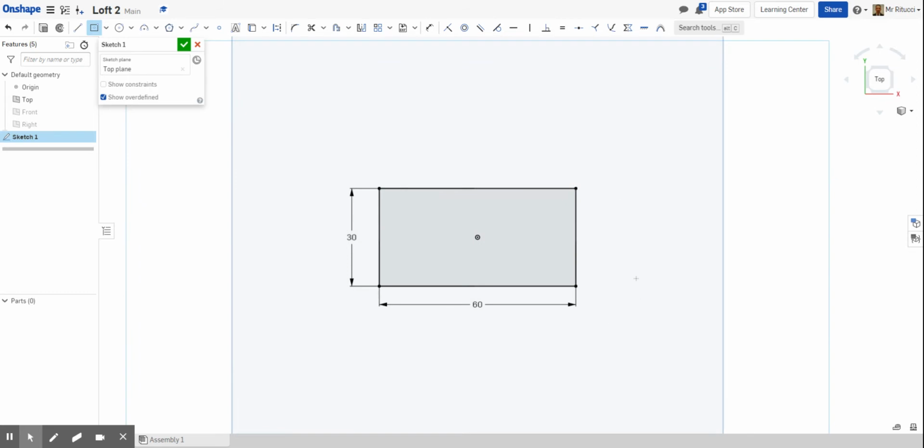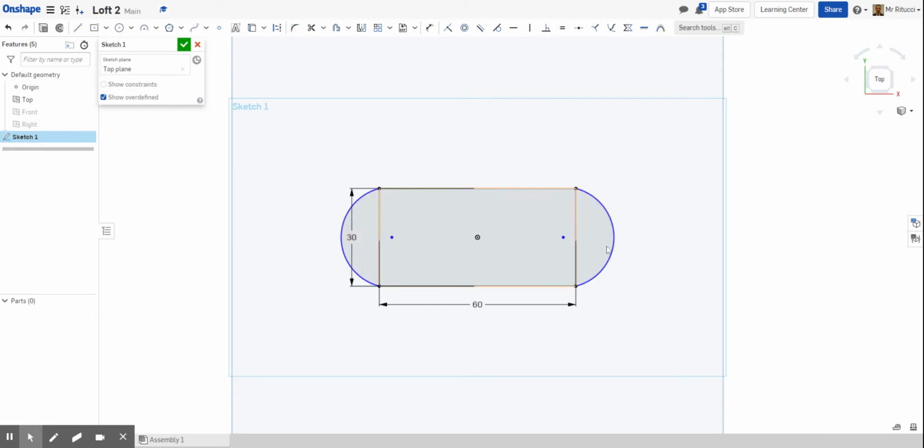I'm going to add on some curves at the end here. So to do that, I'll use the 3-point arc. So just click once, twice. Again, I'm going to do that to make them look kind of curved. Now do the same again, click and click, okay, like that. What I'm going to do to get them the same, I'm just going to click on that one, and then press equals. They both go to the same, so I don't need to dimension them, they're both the same